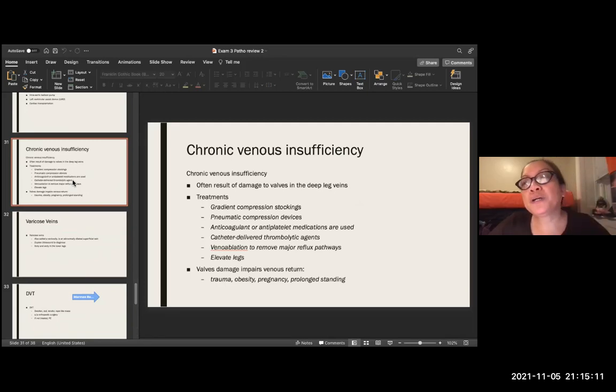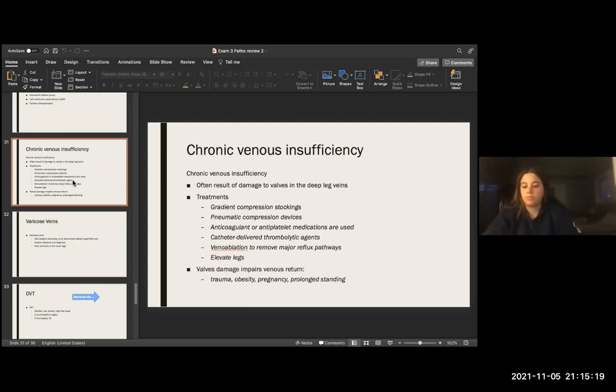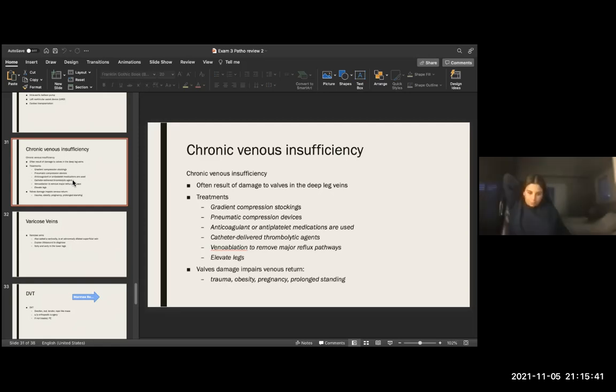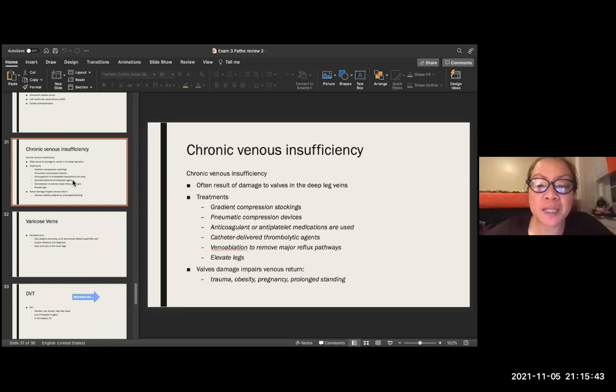So you can see that whether it's in your lecture or not, they're nice to know, because Monse, you'll be taking this in the NCLEX. Oh, I know. So you have to know the terminologies. When you talk about chronic, it is prolonged, right? Venous is related to the vein. And insufficiency means there is decreased flow of blood. It often results from damage to the valves in the deep leg veins. Insufficiency, but it's not really blood flow, because blood flow is arteries. This is more of